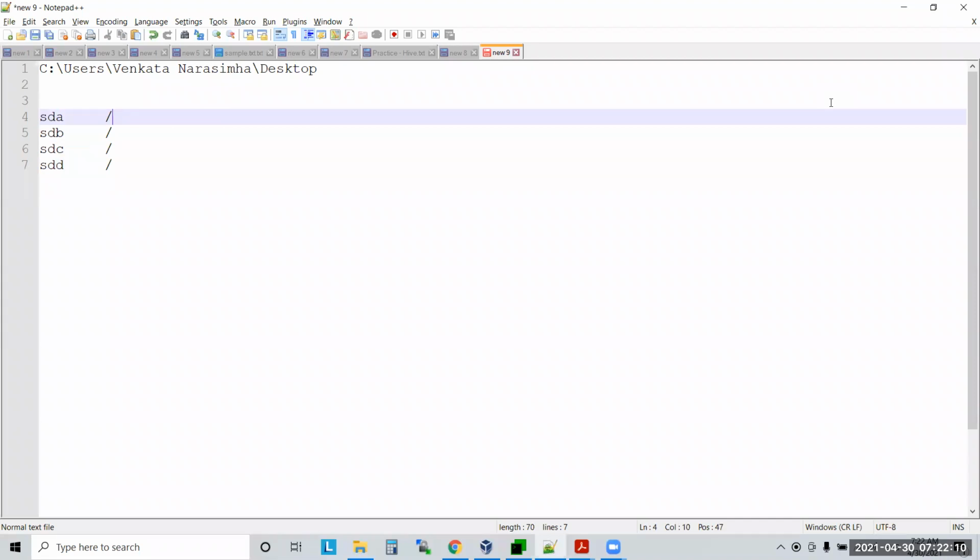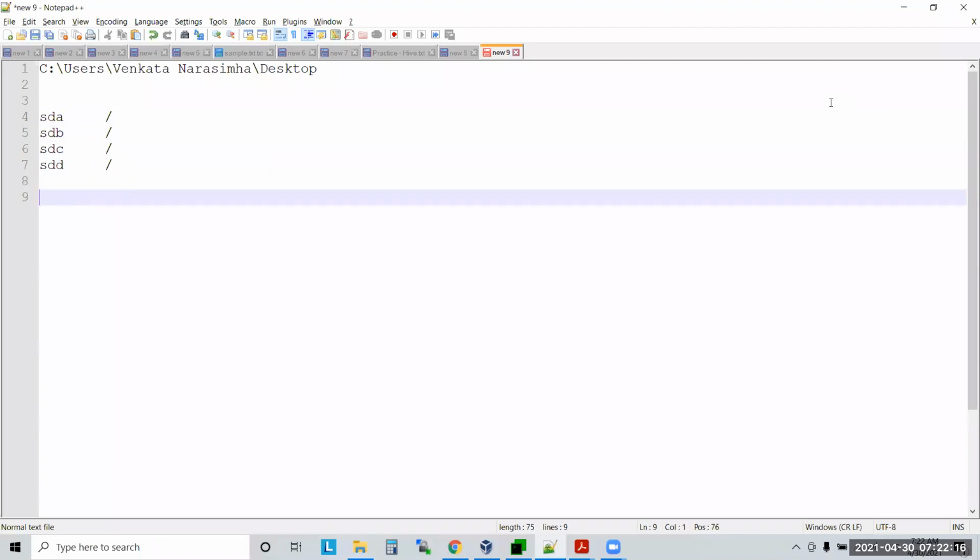But if every hard disk is having starting point as slash, and I say list content in slash, which slash will it take? It may confuse, right? So that is the reason what we are doing. We are giving a specific